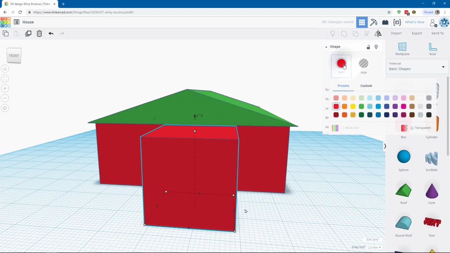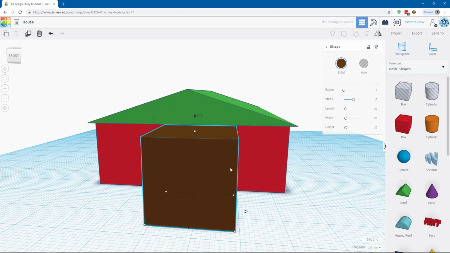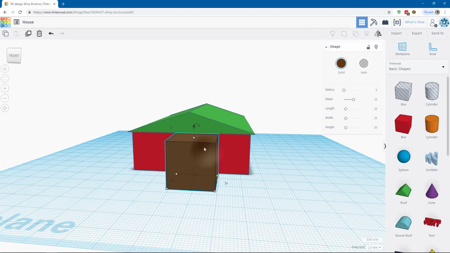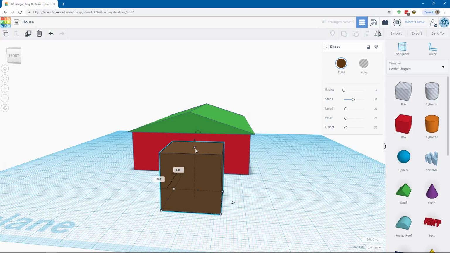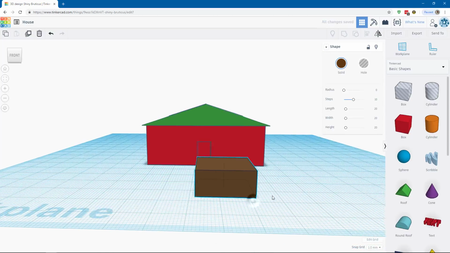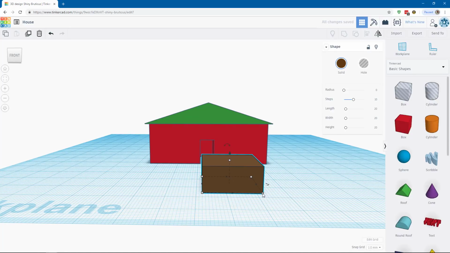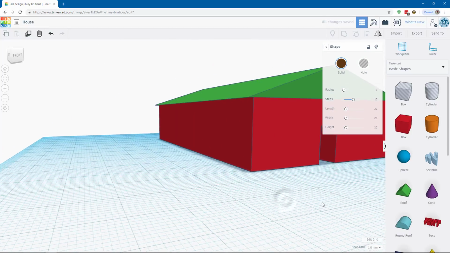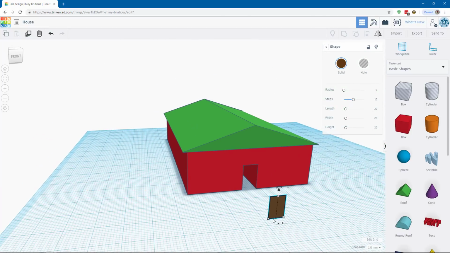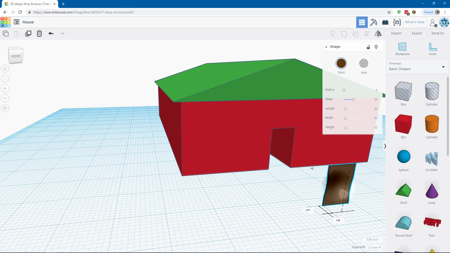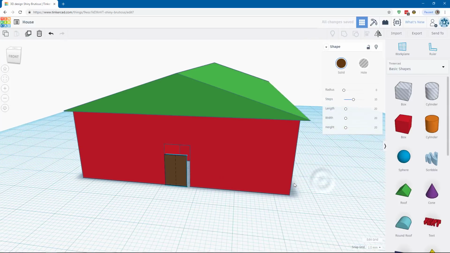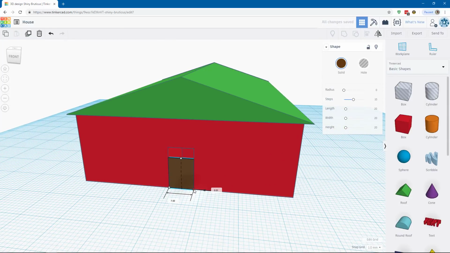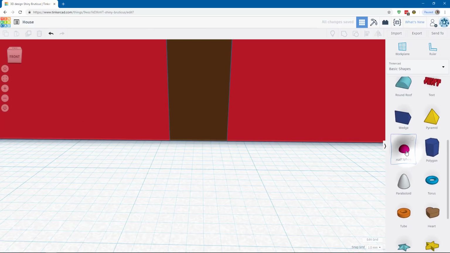Put another box, change the color of that. Cover up my hole. Then I'm going to take this half sphere